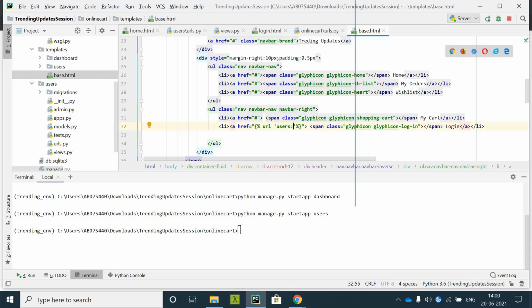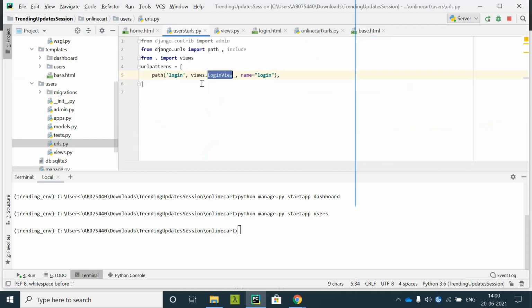From the users app, I am trying to access this namespace. This namespace is exactly this one, and not this one. This namespace is exactly this one.